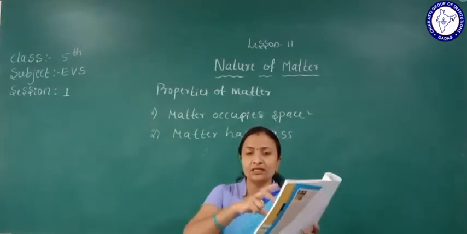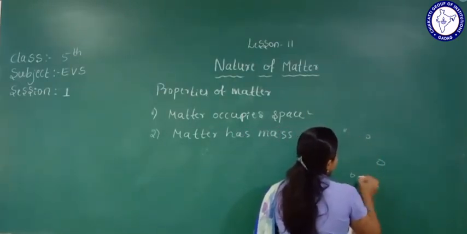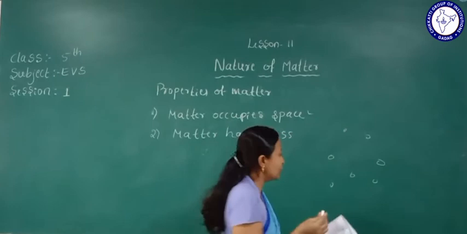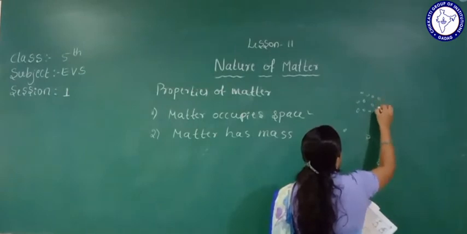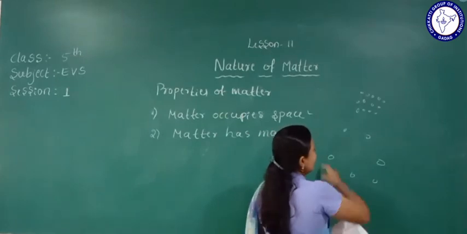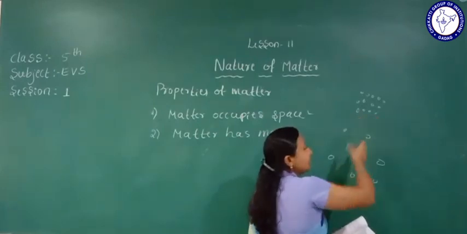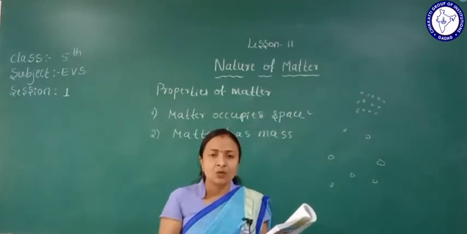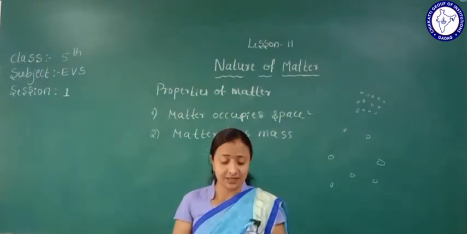If the balloon is completely filled, the particles are arranged here and there in the air. If we compress that balloon, the particles are nearer to other particles, arranged in a smaller space. Where the balloon is not compressed, the particles move freely. Where the balloon is compressed, the particles are nearer to each other. Understood? These are rarely distributed.